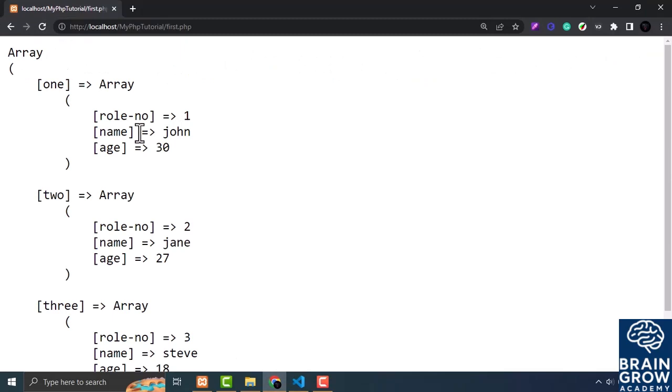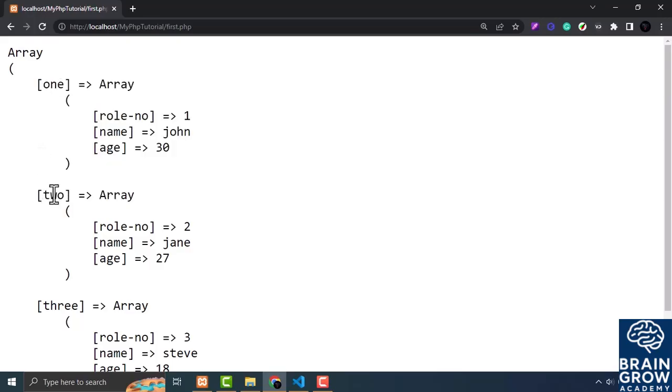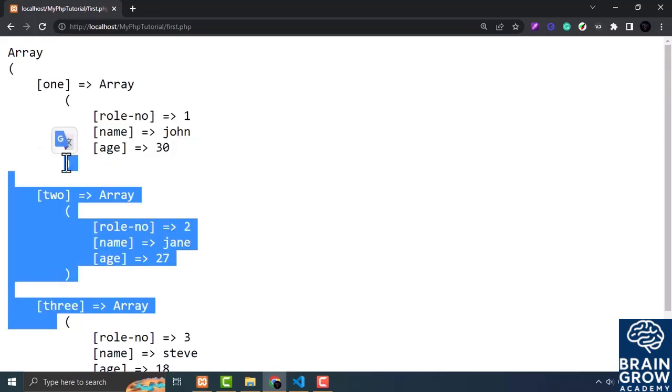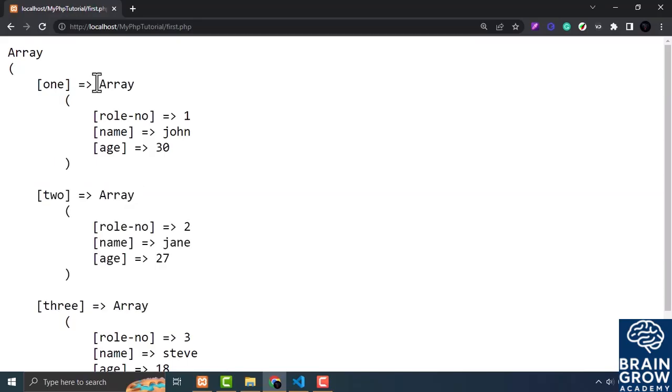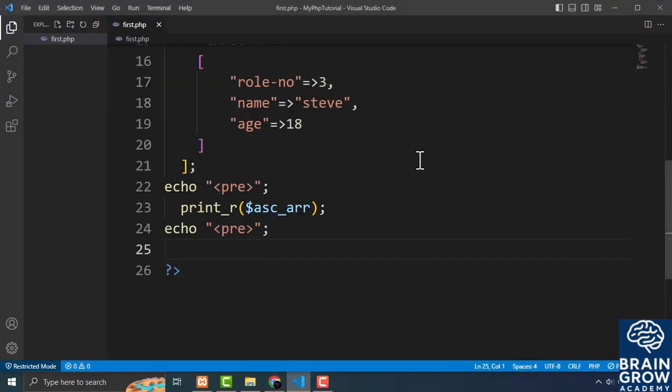As you can see, this is my array, and this is the multi-dimensional associative array. I have the 3 items inside this array. This is the item 1, this is the item 2, this is the item 3, and each item has its own associative array inside it. Here with each value I have associated the key. This is the roll number key, and the value of this is 1. This is the name key, the value of this is John, and this is the age key, the value of this is age. Now same goes for the other items. And if I get back to the browser,